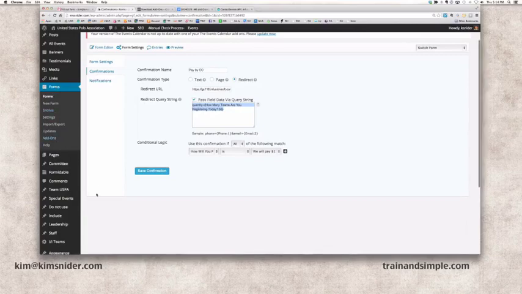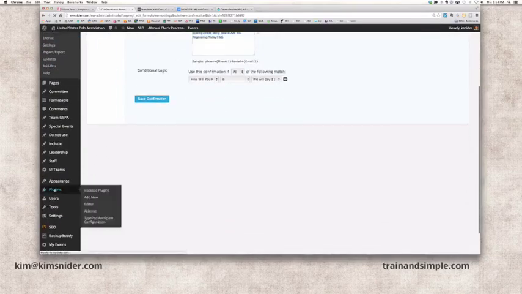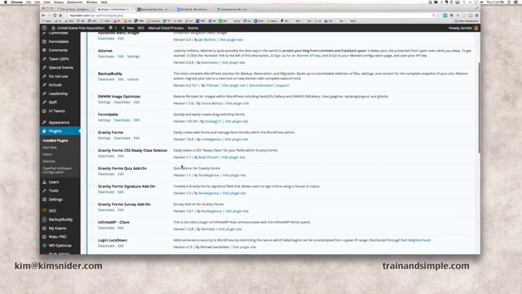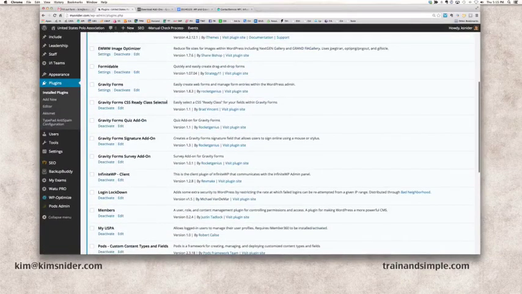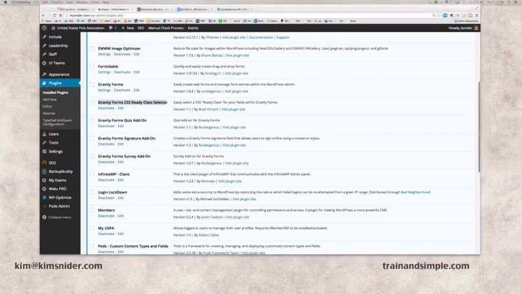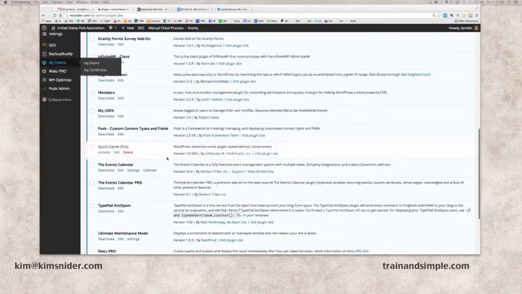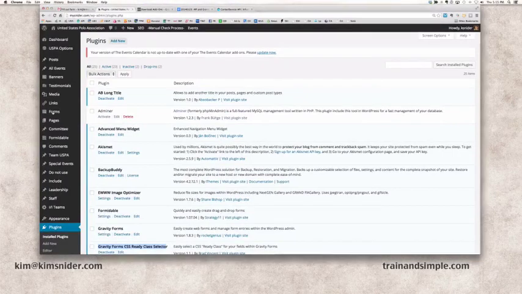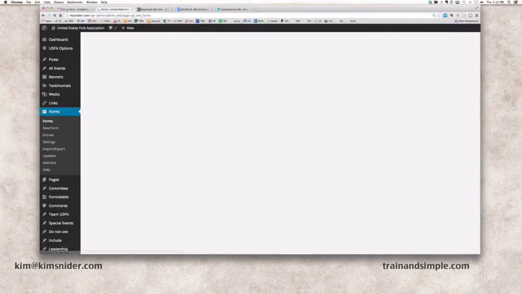So back to, let me just find for you the name of that plugin. I'm pretty sure it's like CSS Ready. It's built specifically for Gravity Forms. Here it is. It's called the Gravity Forms CSS Ready Class Selector. I'll put it in chat. Except I left R off the end. Okay. So that's your little background tour of